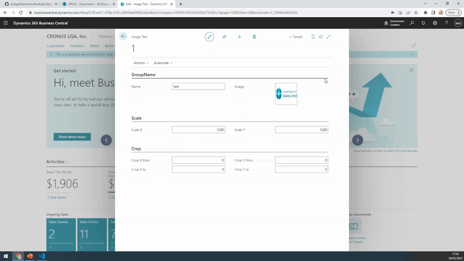So for example, I wanted to crop maybe the little edge here of the logo. So for example, the X from and Y from, which is the beginning of the cropping, would start from the top left corner. So let's just leave them as zeros. I'll crop X width, for example, 600, and I'll crop this with 900. So if I click on crop image,